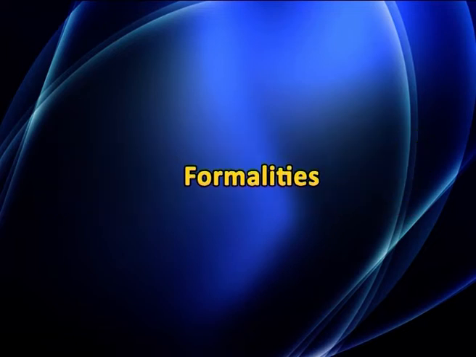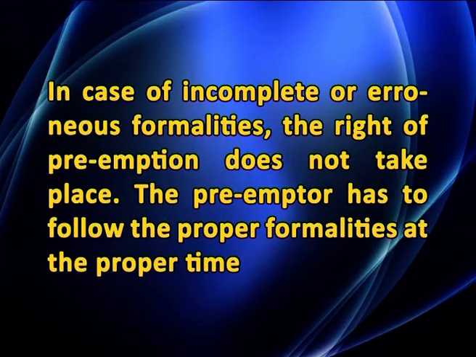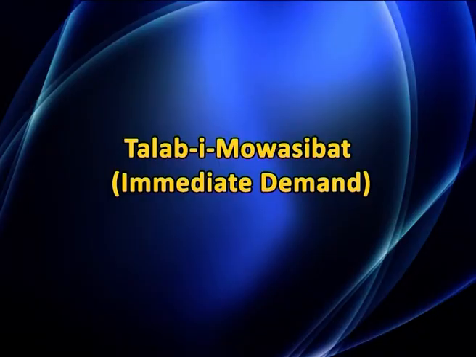Now, what are the formalities which one has to complete before the completion of the pre-emption right? For the exercise of the right of pre-emption, some formalities are required to be observed. In case of incomplete or erroneous formalities, the right of pre-emption does not take place. The pre-emptor has to follow the proper formalities at the proper time. These formalities are also denoted as three demands, which are the first demand of